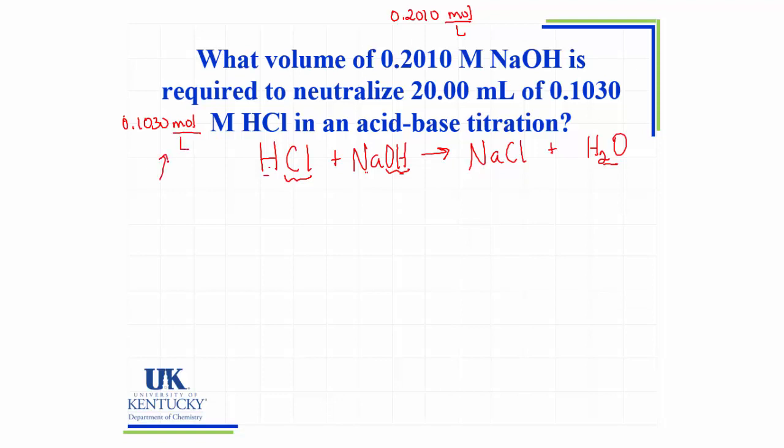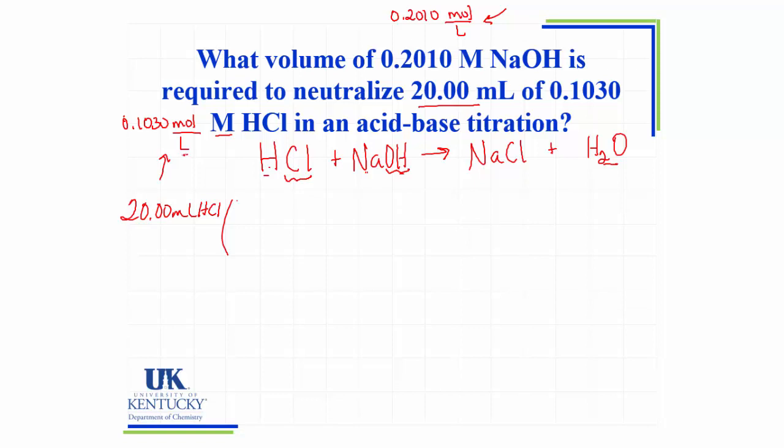my calculation, because now these values are seen more easily as relationships between moles and liters as opposed to just a single value. I see that my concentrations are relationships. The only other number I have is my 20 milliliters, so I'm going to start with the 20 milliliters of HCl. Then I need to look at the concentration of HCl because I want to use that to get to